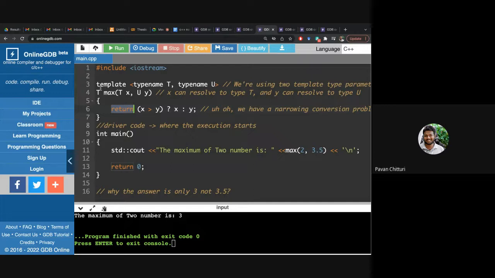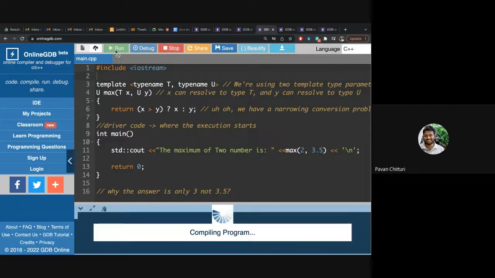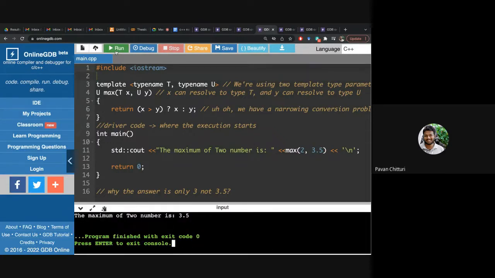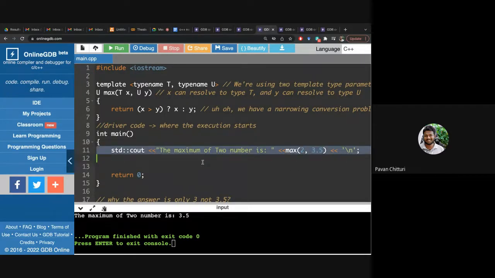If you just change it to U, we will be getting 3.5. I changed the return type to U and I'm running the function, and now we will see the output 3.5 because of the return type. See, it is just like integer and float, the same thing. But not only these two types. You can send anything now. See, I'll use the same thing,